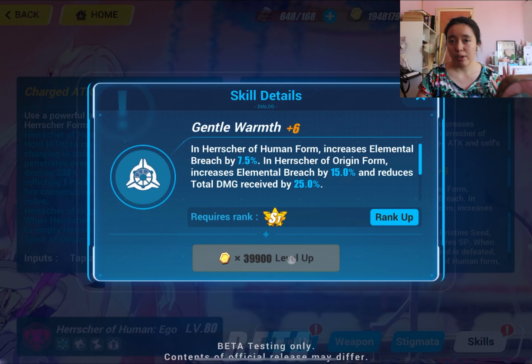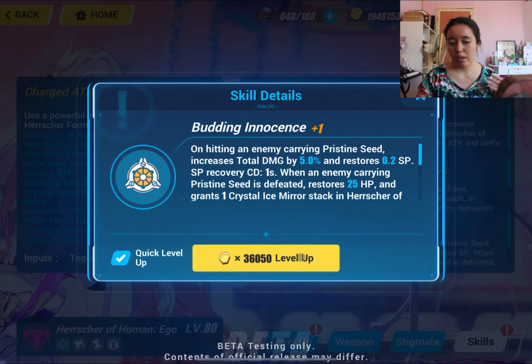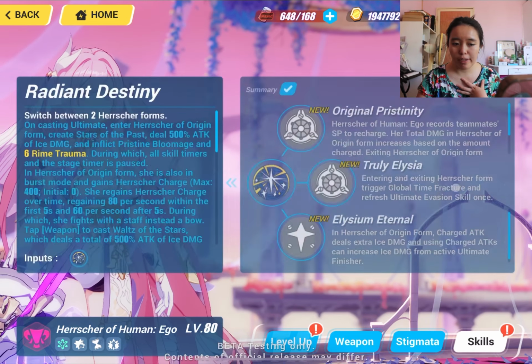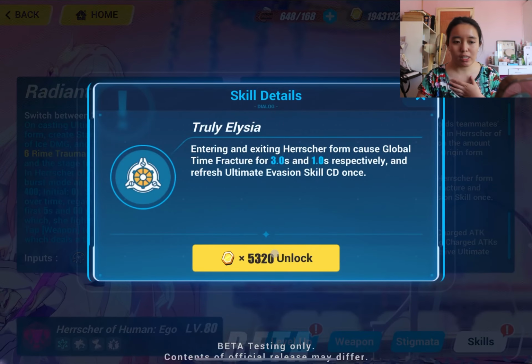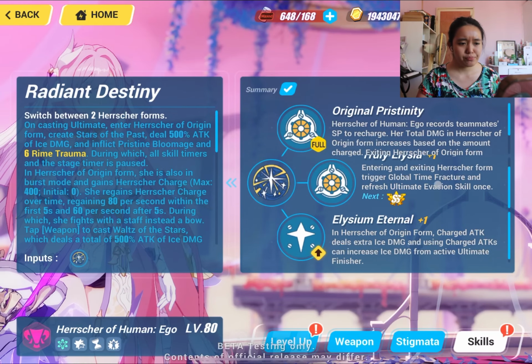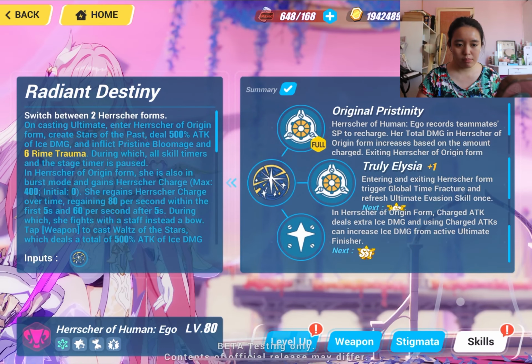I am doing S rank because not everyone has the money to do S1 and above unless you're really lucky. Like when I pulled for my HoF, I ended up getting S1 because she got 2 pulls right after I got her character card for the first time. So as you can see, there are skills that are locked behind